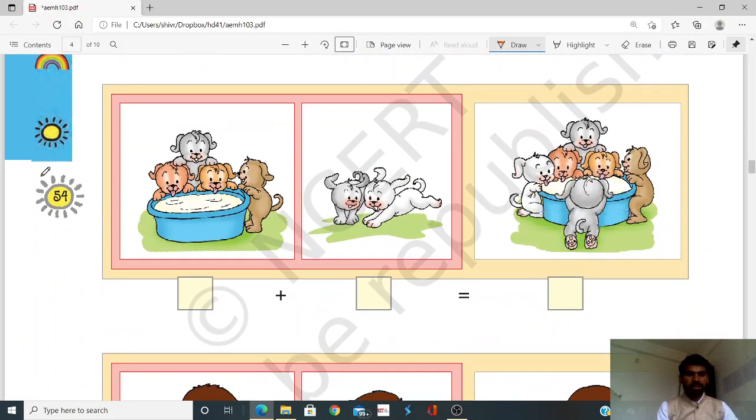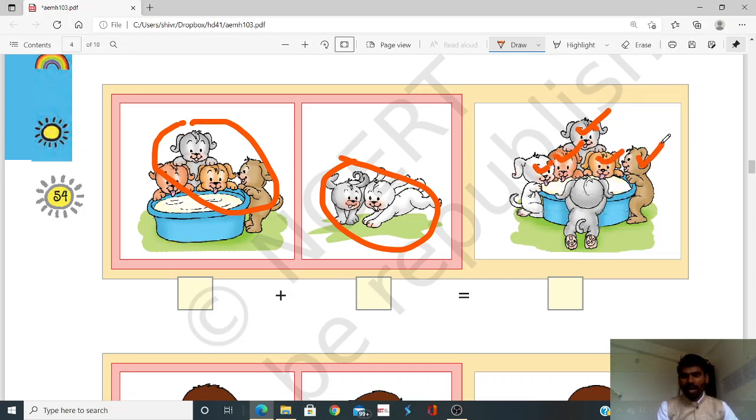Okay, next here you can see 4 puppies, and here are 2 puppies, means our answer will be 6. 1 2 3 4 5 6, right? Therefore we have to write here numbers 4 plus 2 is equal to 6. Okay,